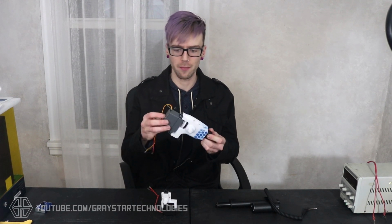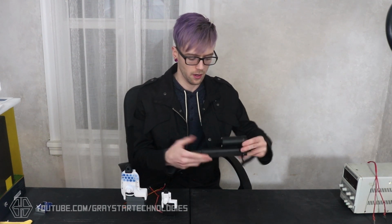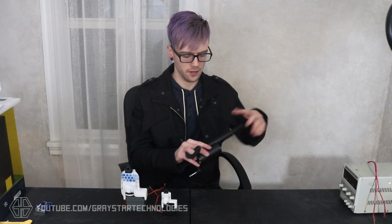In today's video I'm going to be showing you how to make one of these awesome handy linear actuators just using a common hobby servo and a couple of 3D printed parts. Now, if you're not familiar with what a linear actuator is or what it does, it's basically a type of gearbox that converts the rotational energy of your motor into a linear motion using either a screw or a simple gearbox system. This particular linear actuator is a pretty standard type, and this one can lift anywhere between 300-400 pounds,